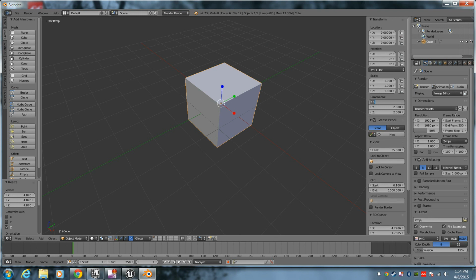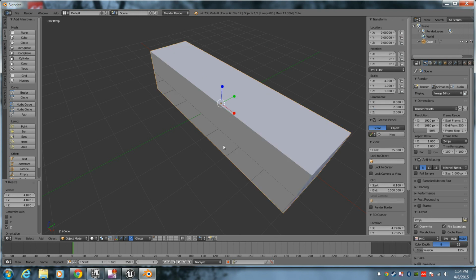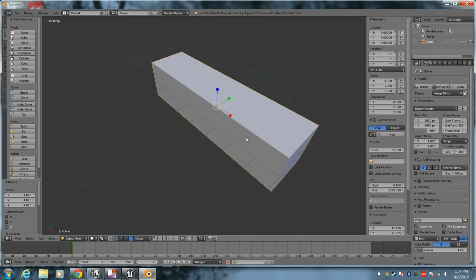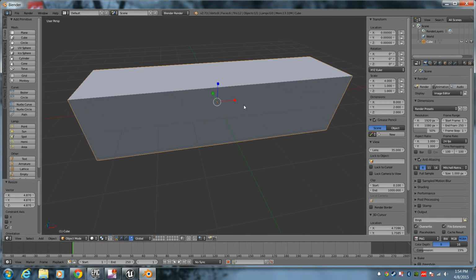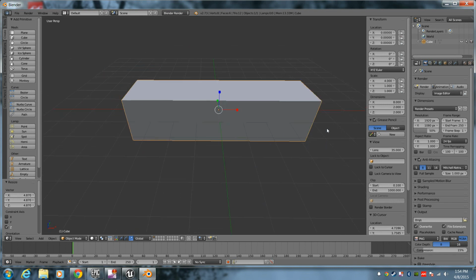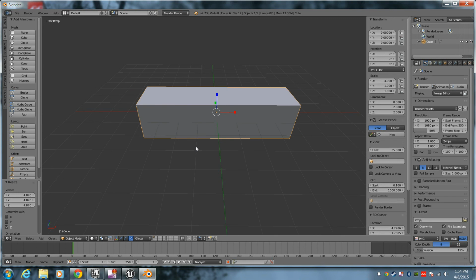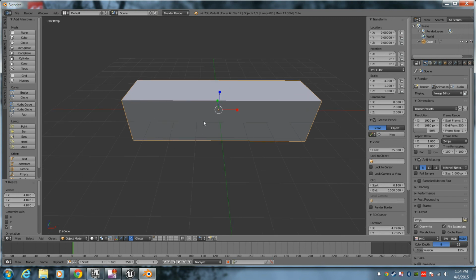We're just going to change the X dimension to 8. So you'll notice that makes that a 4. And the reason it does that is because, since the center point's here, you're adding it to both sides. So you're doing 4 this way, 4 that way. If you actually count 1, 2, let's see here, 1, 2, 3, 4. There's 4 of them. 1, 2, 3, 4. That's how many units it is. You can hit the tab button to get into edit